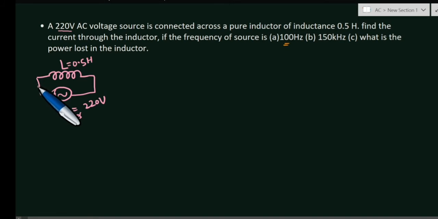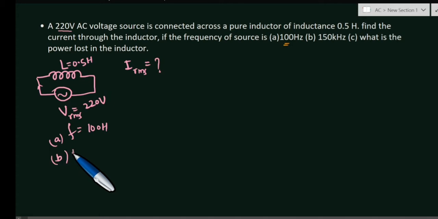What is the value of current through the inductor, and that current is actually Irms. What is the value of Irms? That's what they are asking. If the frequency of the source is given, in the first case it is 100 Hertz, and in the second case the value of f is equal to 150 kilohertz. And what is the power lost in the inductor? That's what they're asking. So the first one,